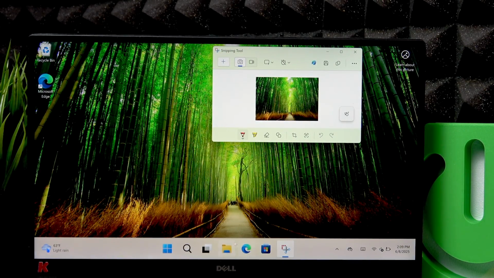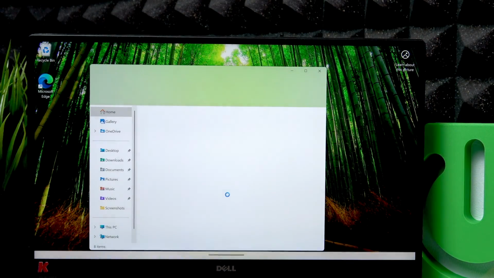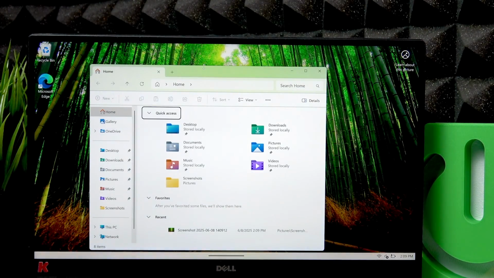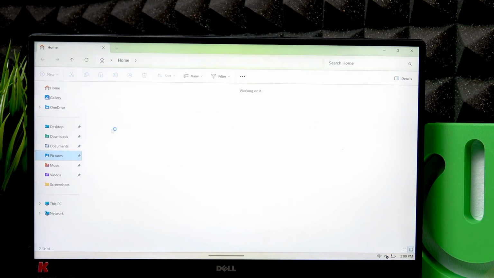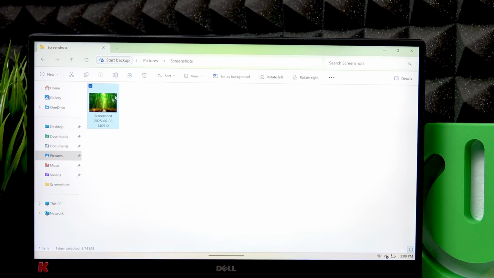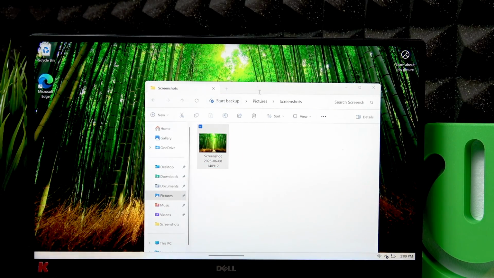Now to find the screenshot, let us open the File Explorer and then go to the Pictures folder, and right here open Screenshots, and here is the screenshot that has been taken. So the next way to take a screenshot